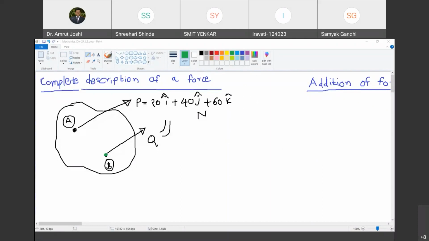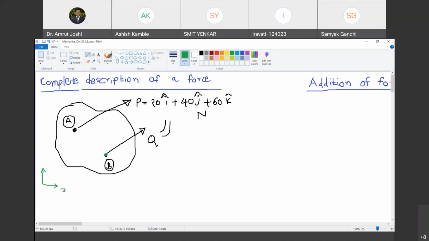So for that, what we have considered is a body which I have drawn arbitrarily. That doesn't mean that it is amoeba. It is any body for which I am not interested in its shape and size. Are you with me? Yes. Okay. And then on this body at point A and at point B, I have shown two forces acting, P and Q respectively. Both the forces have same description as far as mathematics is concerned.